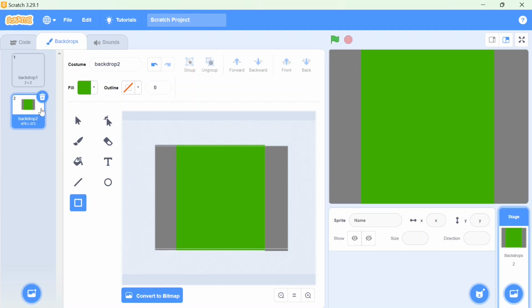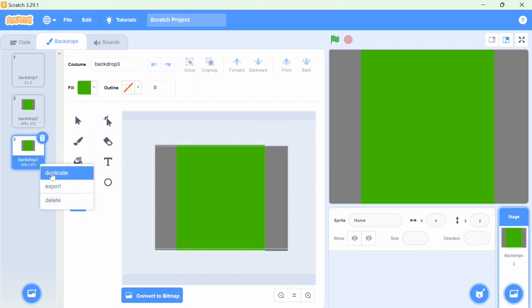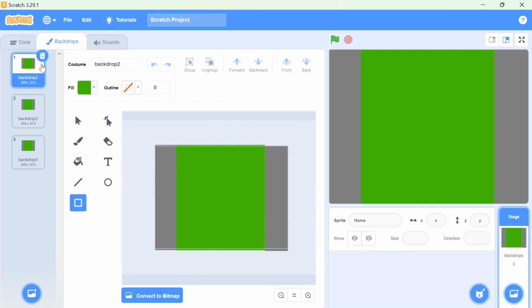What I'm going to do, I'm going to duplicate this. Here I need 3 such screens. Now in these 3 screens I will specify each one. The first one I am going to make for start. Now the second one I am going to make for "You did it." If I win the game, this screen should come. And the third one I will make for game over.